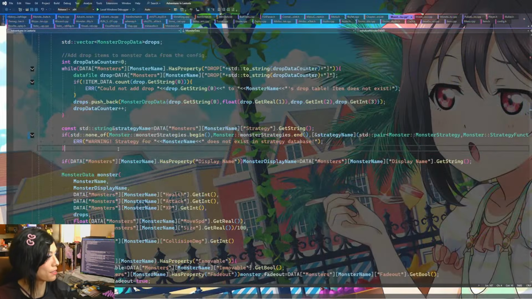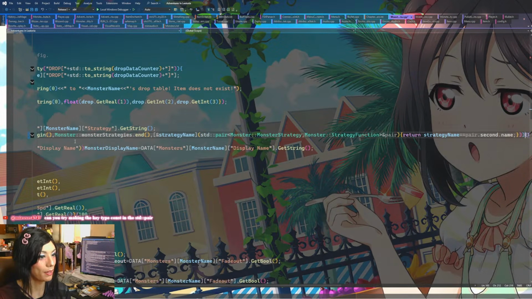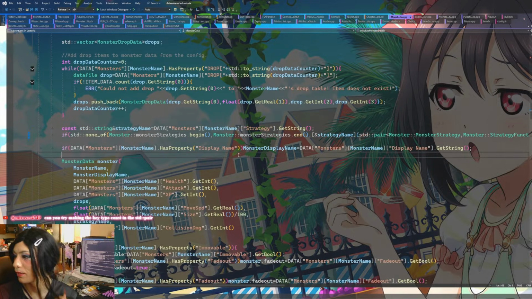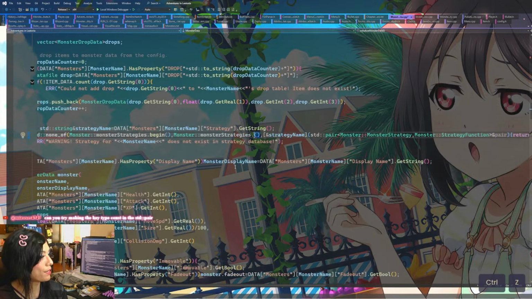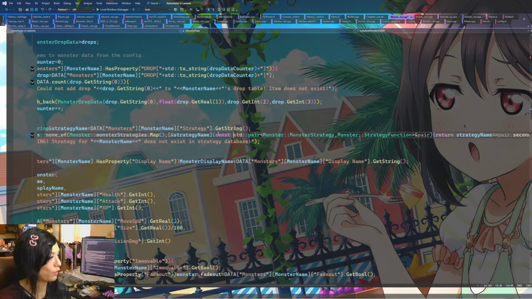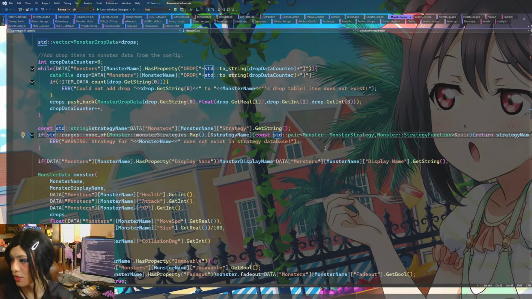I guess I need to understand ranges more to really understand what's going on with the ranges stuff, because it is very confusing. Make it const? Sure. Let me see. We'll just try it. Nothing changes for IntelliSense. Oh, the key type.